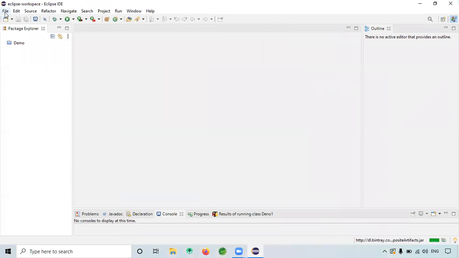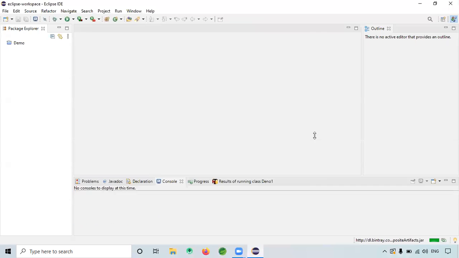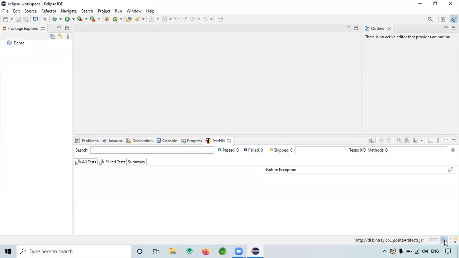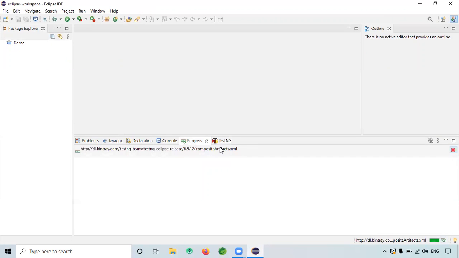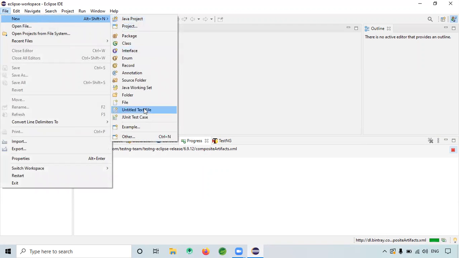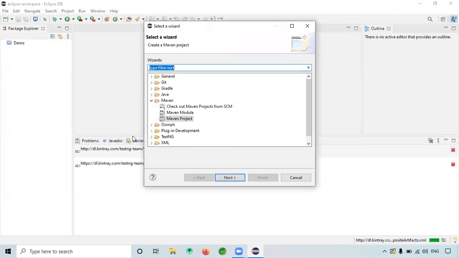And I think we will configure the path, like how we do with Java. Yes, that we can do. Again, click on File, click on New. We have to choose the Maven project.